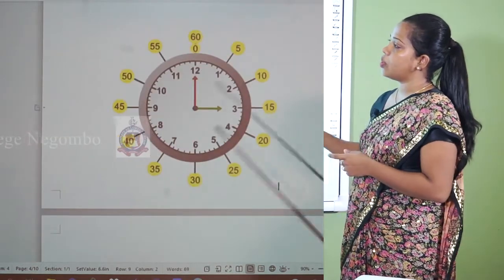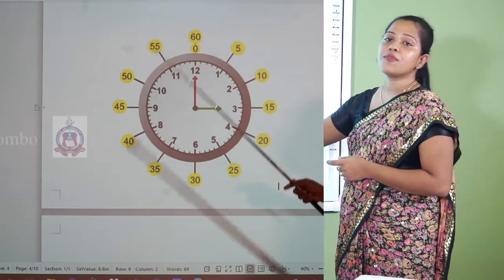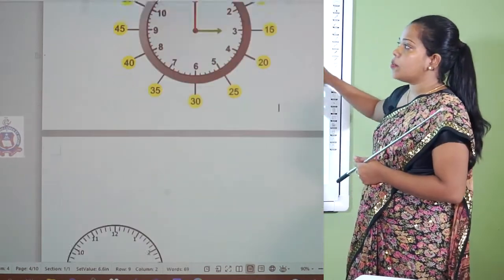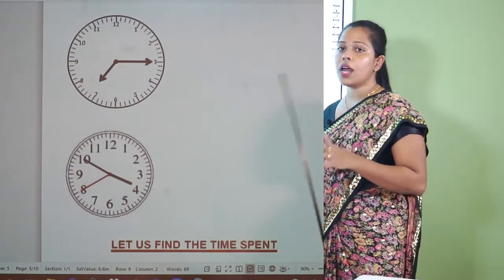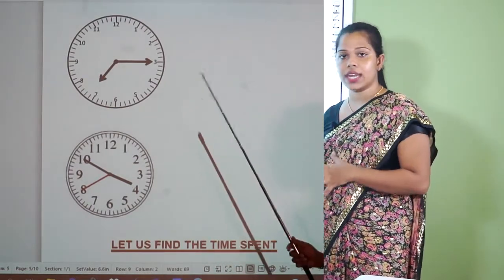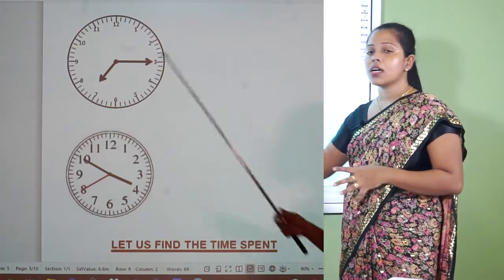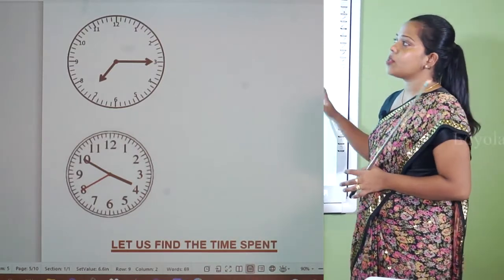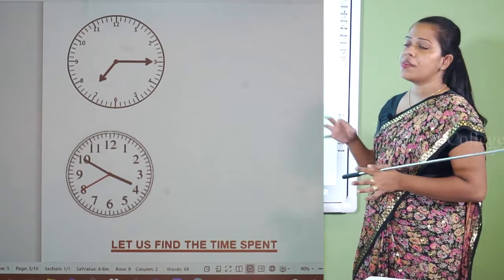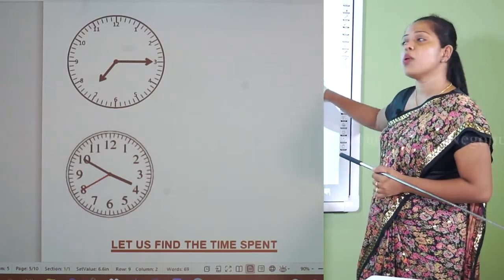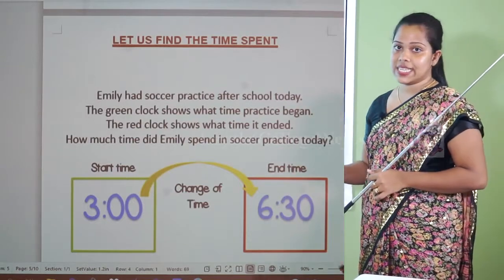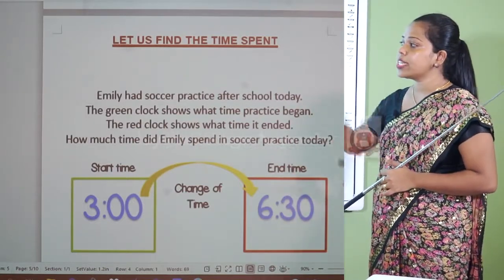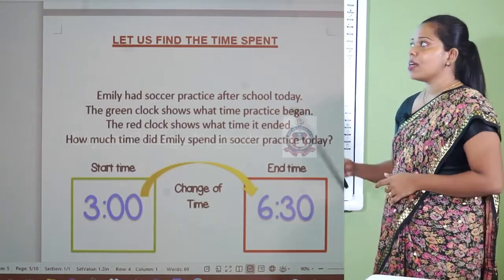That means from 12 to 10, it's 50. So now you must be able to tell, when a time is given, how many minutes have passed by looking at the clock face. So that was a small reminder on time part 1. Now we are going to learn today's lesson. In time 2, these are the things you must learn.